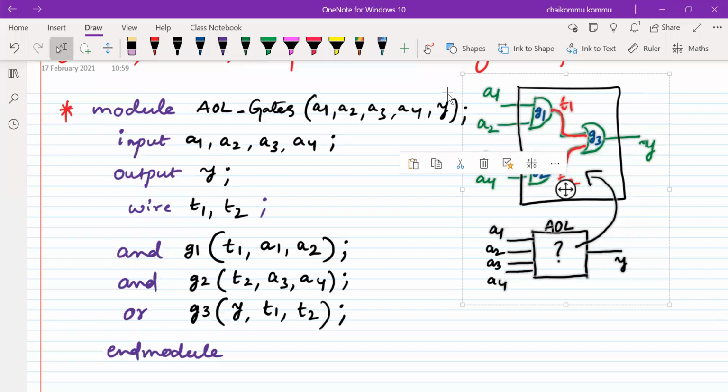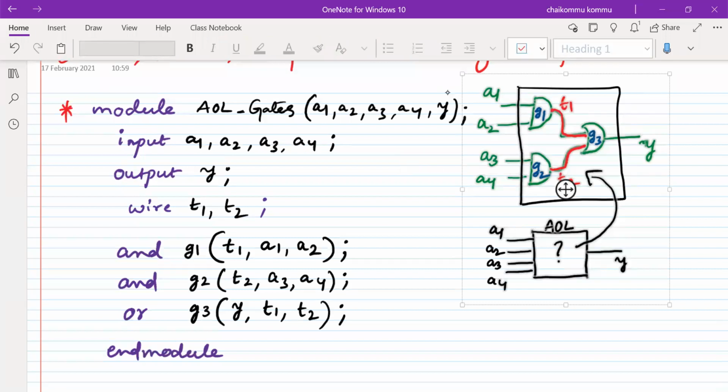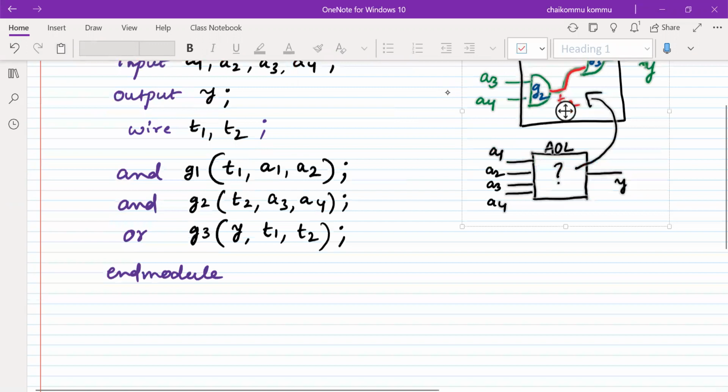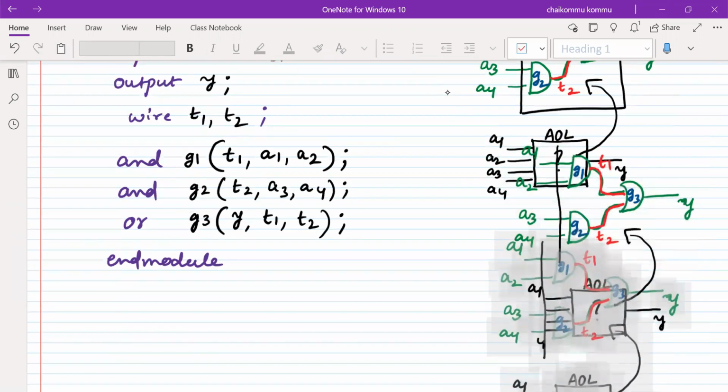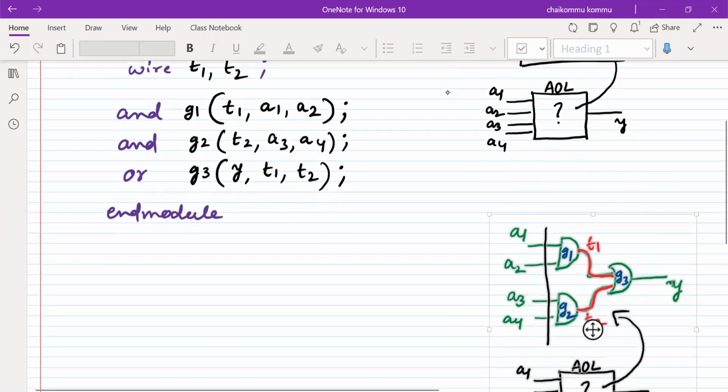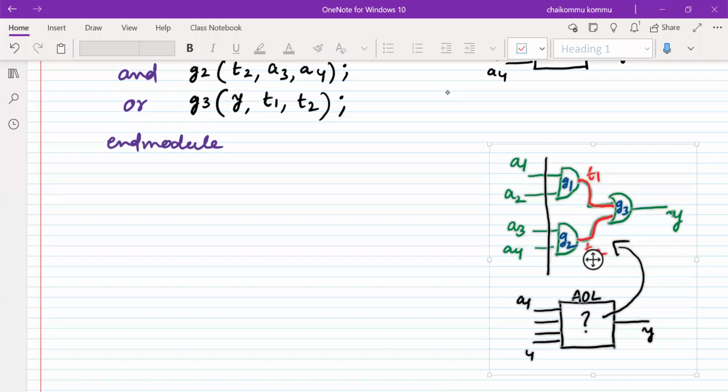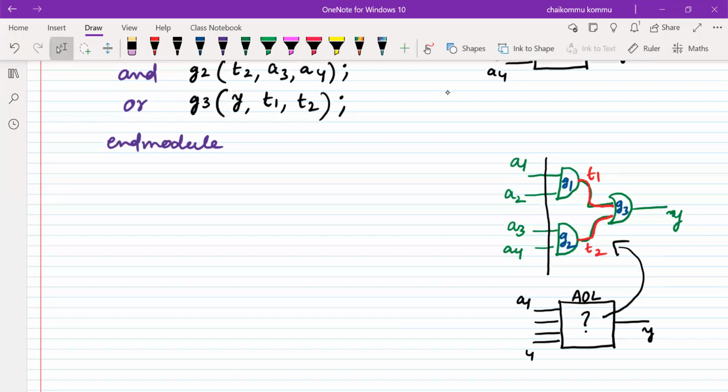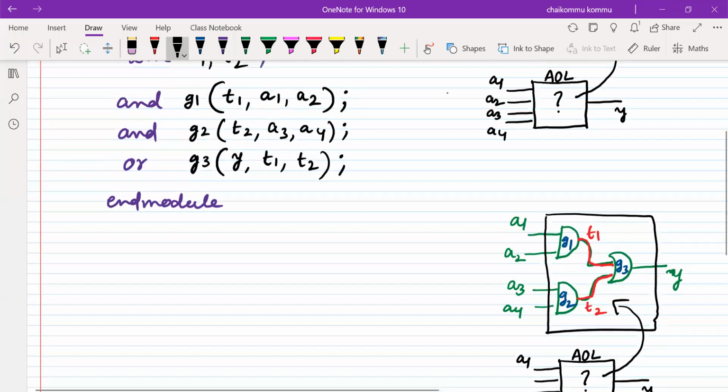Copy. Paste it somewhere else here. Here you see the same module that I'm going to write in a different fashion. How do we do this?